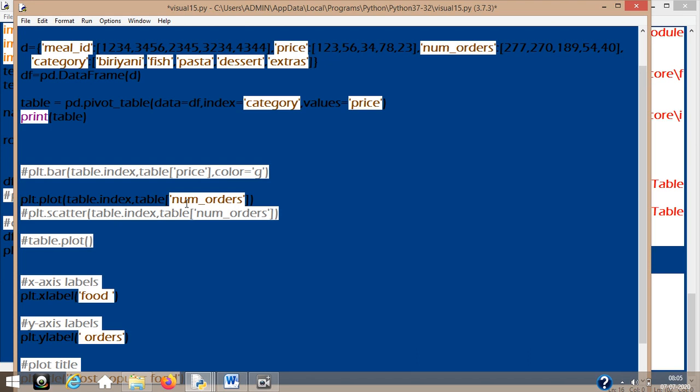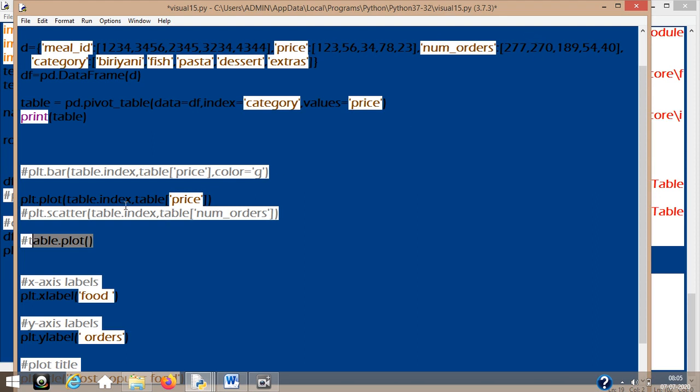Now here you have to make one small change. What is it? I need to make sure it is given as price, because it is with price that I have distributed my values. If I am not doing that, definitely an error will come, and each time I don't want to show you the error. When I plotted with table.plot, 3 lines came because you have 3 numerical values: meal ID, price and num_orders.